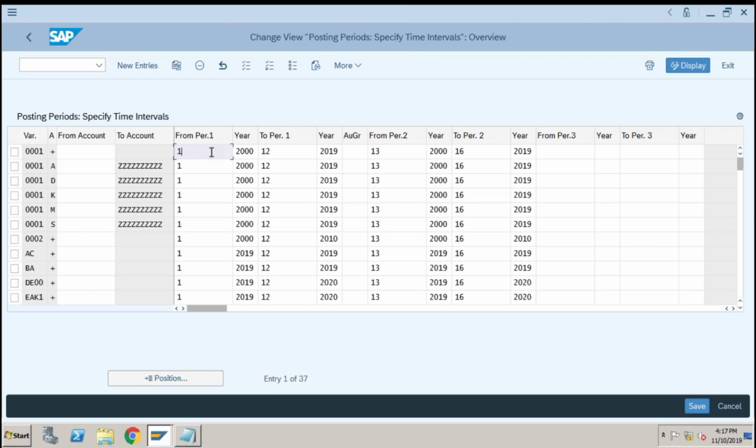Normally the first period interval is used for the regular postings that we make during the month for accounting, while the second period interval is normally for the special periods. If you want to make any adjustments after the regular periods are closed, such as year-end activities, we normally carry them out in the special periods. Now the third period